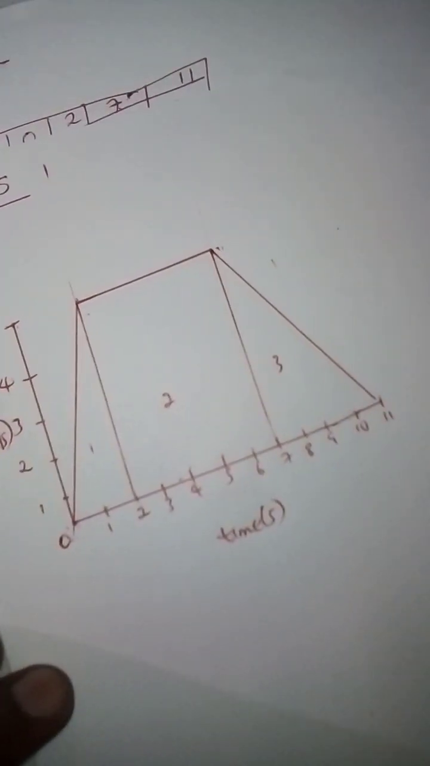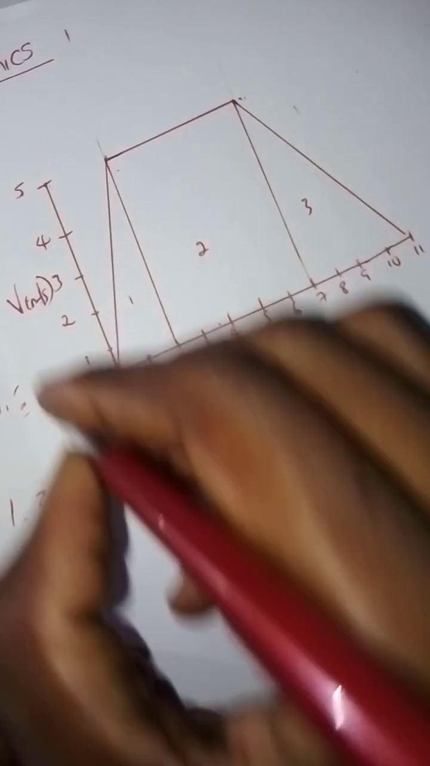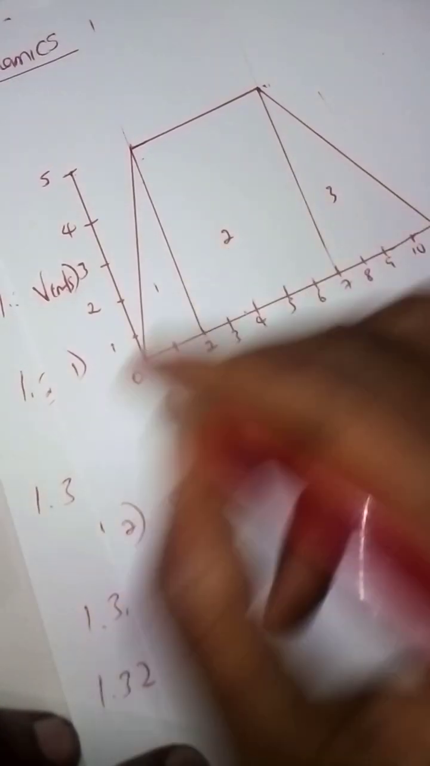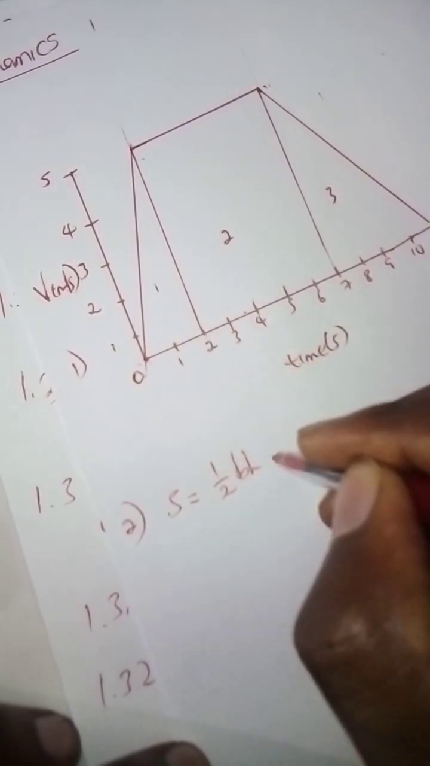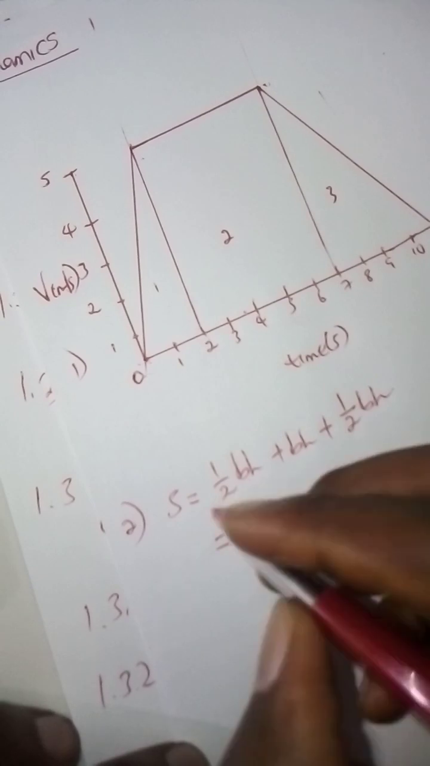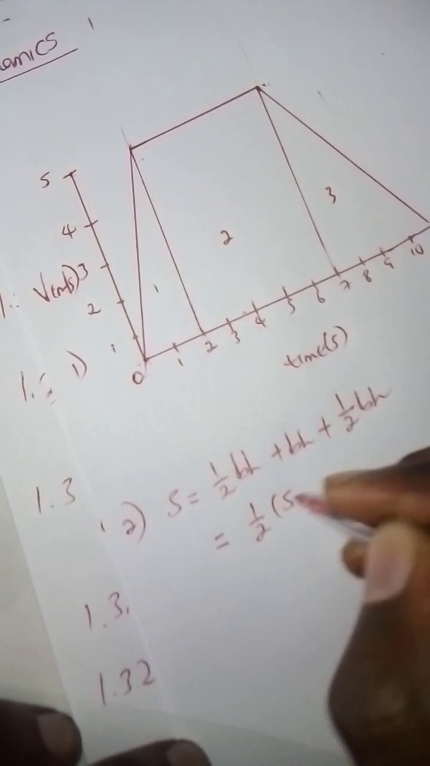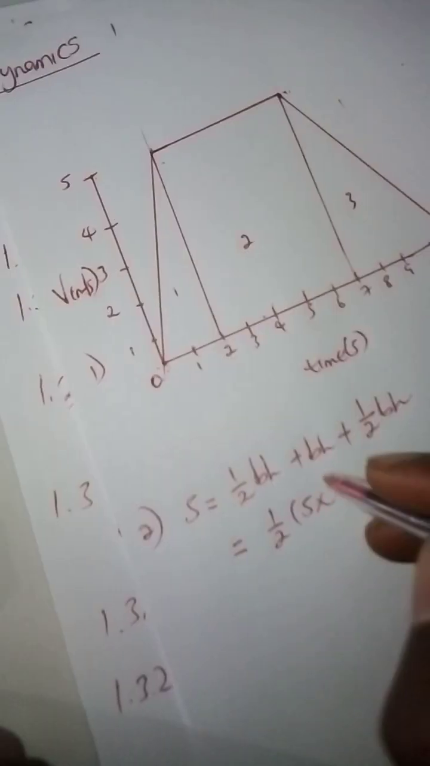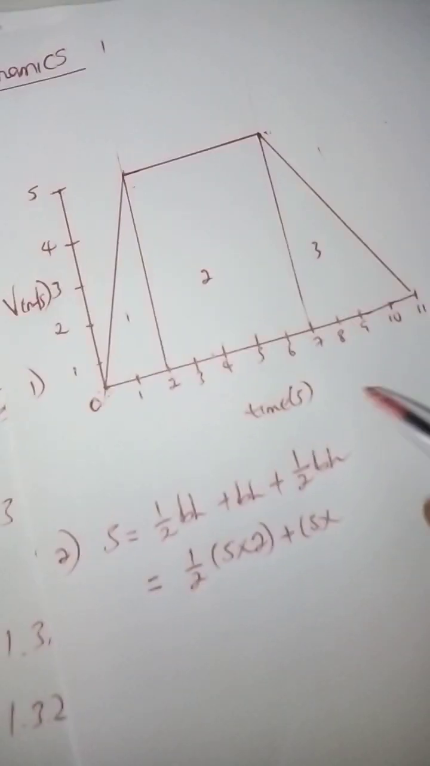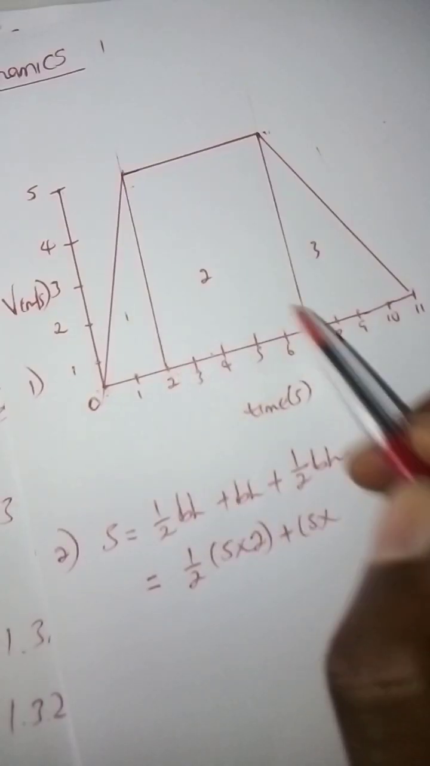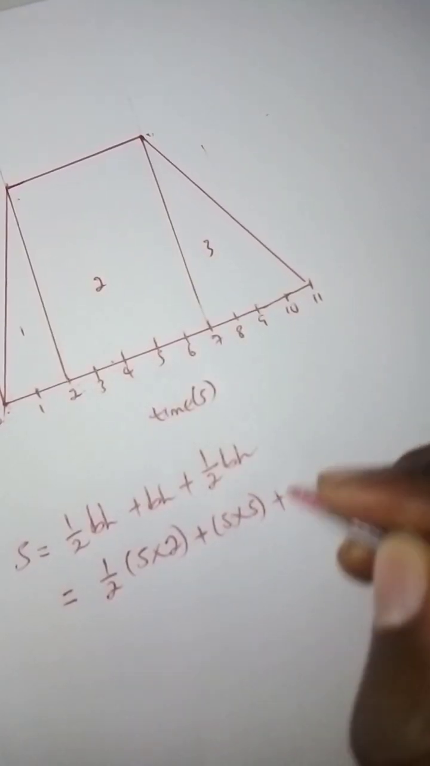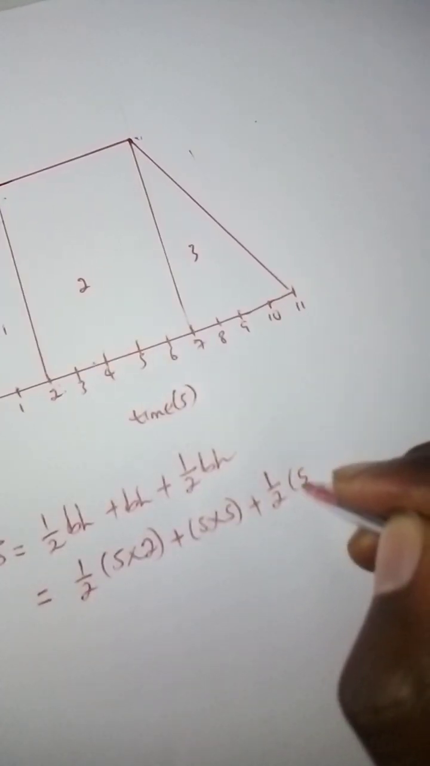So now we are asked to calculate the total displacement. This is number 1, so number 2 is total displacement. Now this is a triangle, so it's a half bh plus bh plus a half bh. Which is equal to a half of 5 times 2 seconds, from here to here, plus bh is 5 times the time between these. So we are going to say 7 minus 2 seconds, which gives you 5 seconds, plus a half again, 5 times